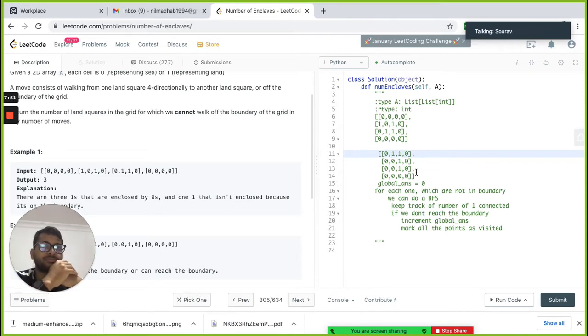Maybe should we mark it as 0 or visited? Anything can be done. We can have a separate visited hash map, or we can manipulate this one also. So let's have a separate hash map, because that will be easier to understand. What do you say? Yes, that will be fine. Okay, let's start coding then.